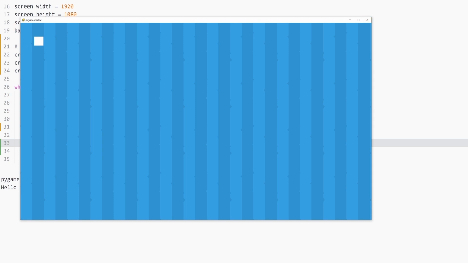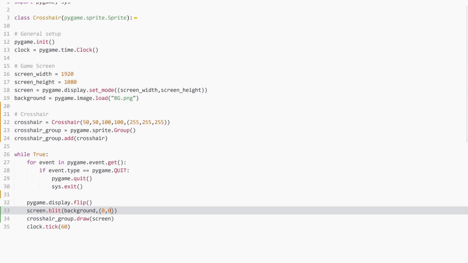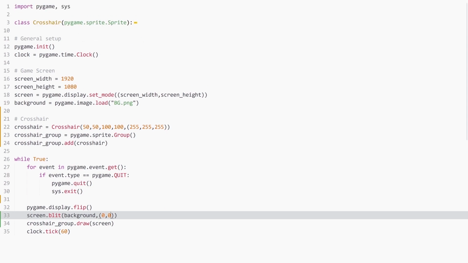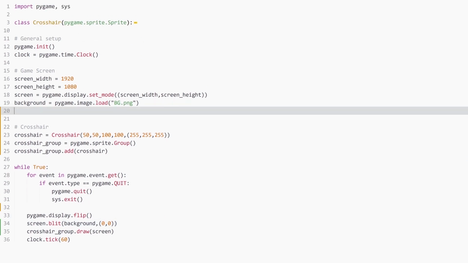The next thing I would like to work on is that when you hover over this, you can see the mouse. But in my case, I only want the player to see the crosshair, which we're going to add later, but we need to hide the mouse. And that's a nice thing to start on for now, because we can hide the mouse very easily. And I'm going to keep on doing this in the main setup. And all we need is